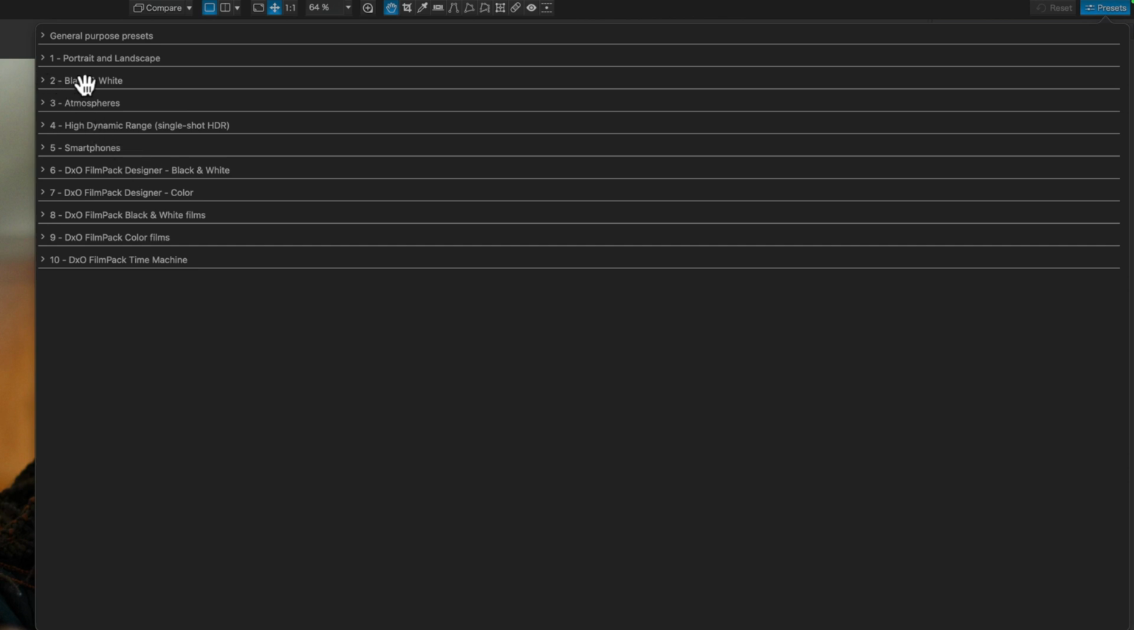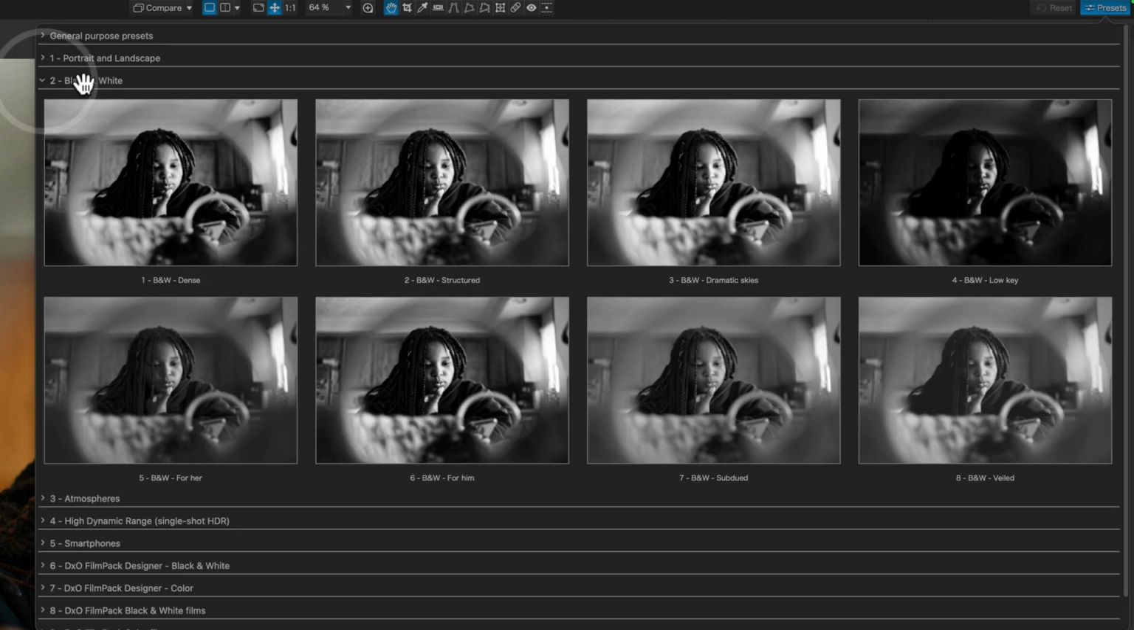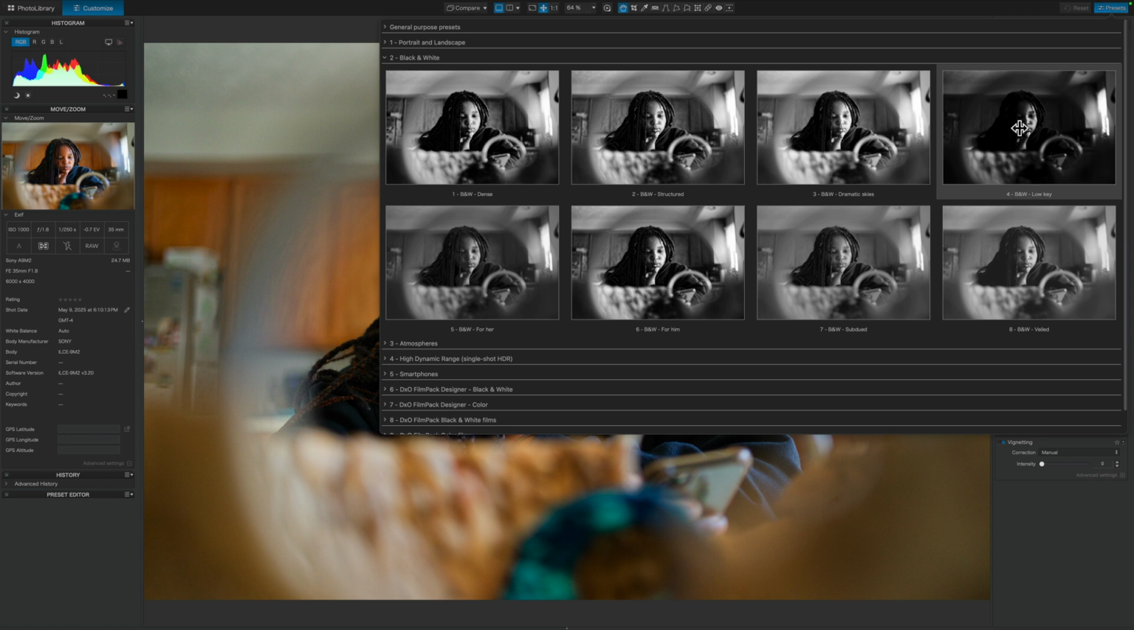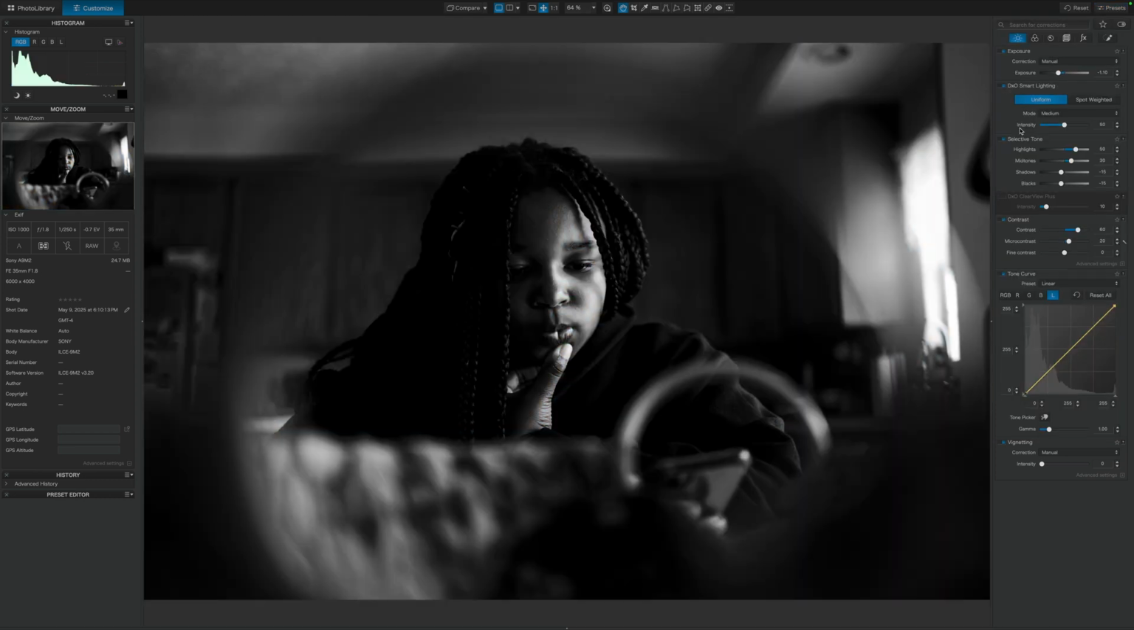So I'm going to come to the built-in Photolab black and white presets, and I wanted this photo to be really dark and contrasty. Now, the only one that seems to fit the bill is the low key option. Obviously, for your image, you can choose whichever one you want, but for mine, I'm going to go with the low key option. So I'll go ahead and click that, and Photolab is going to apply all of those settings